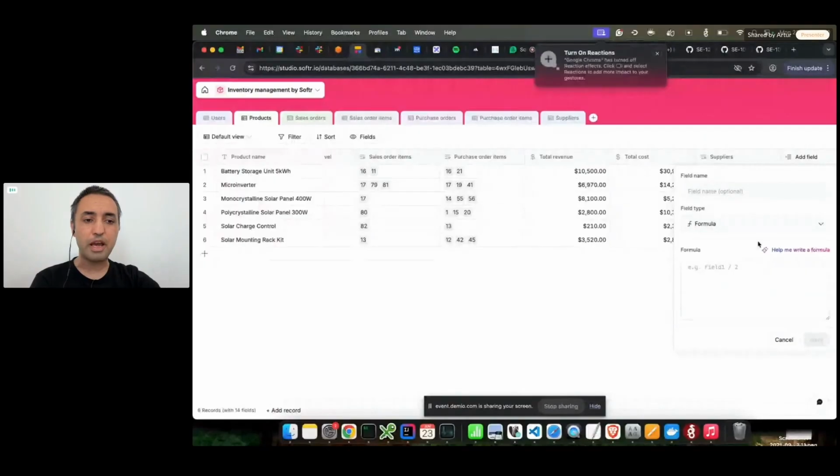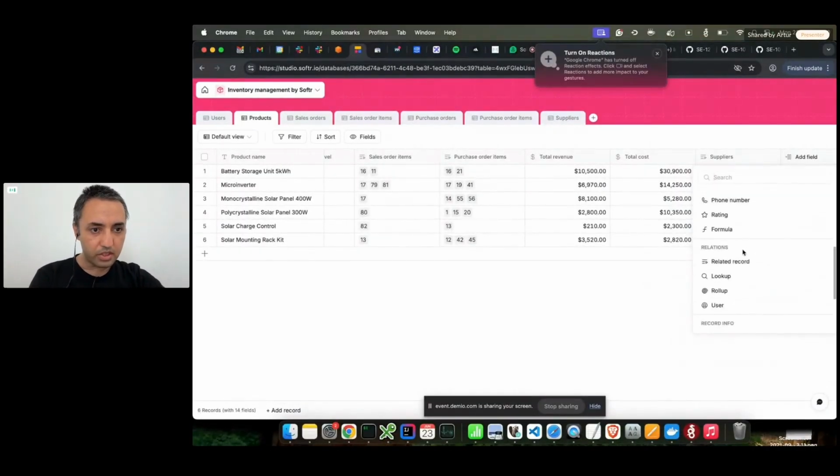So you don't even have to write it, you just need to tell it what exactly you want, and it will create it for you. And another cool thing that we'll be adding soon, most probably next week or so, is formatting of the output of the formula. Usually a formula would be producing either text, a date, time, a number, or currency. You should all be able to format those and have a fine-looking outcome there.